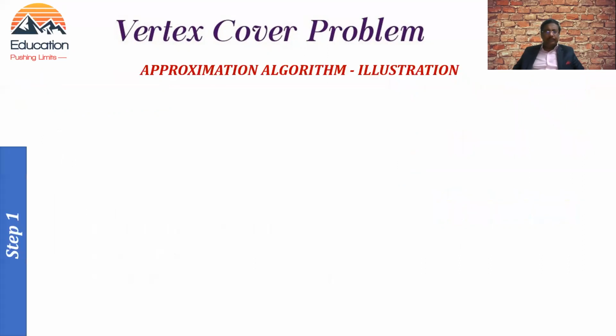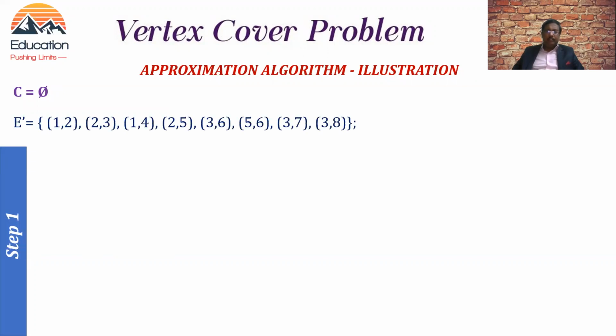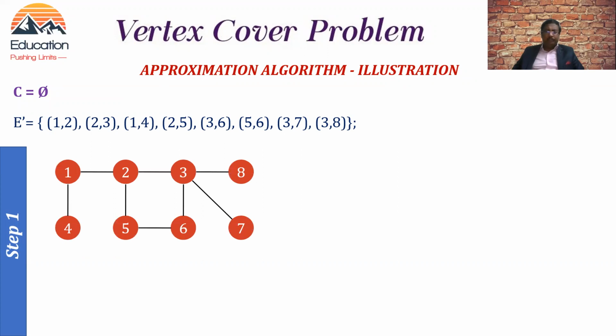Right. Step 1. C will be null. C is a variable, the set that is going to hold the vertex cover, the minimum size vertex cover. E dash is the set of all possible edges, and this is the graph. From this we have